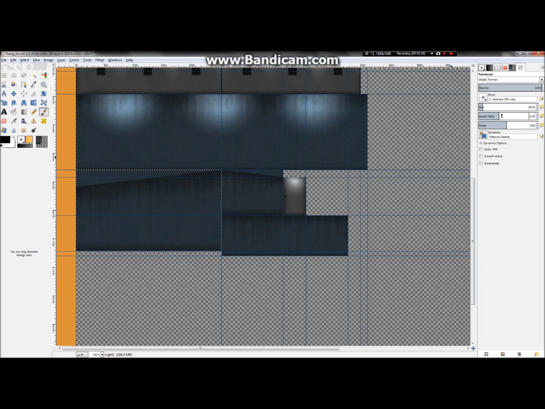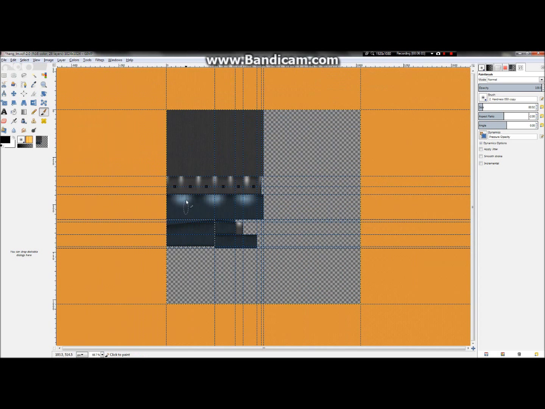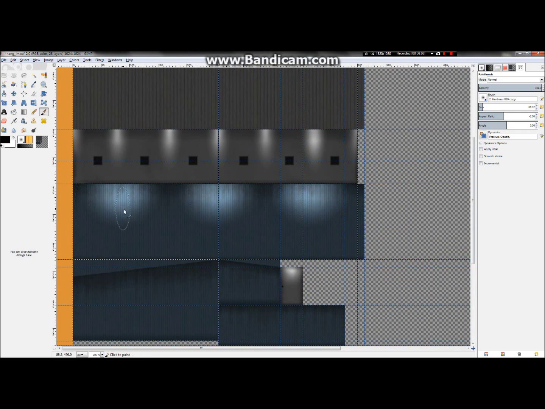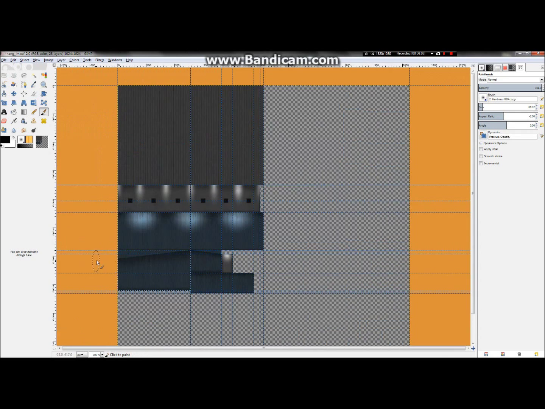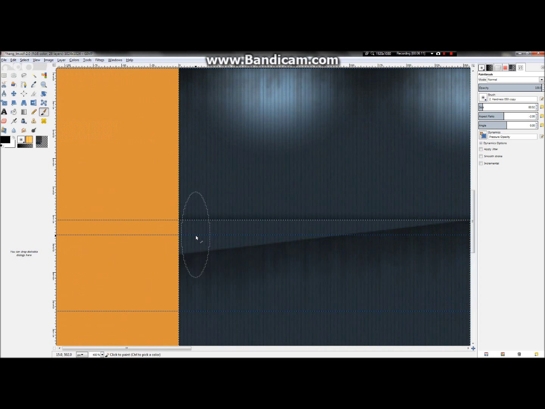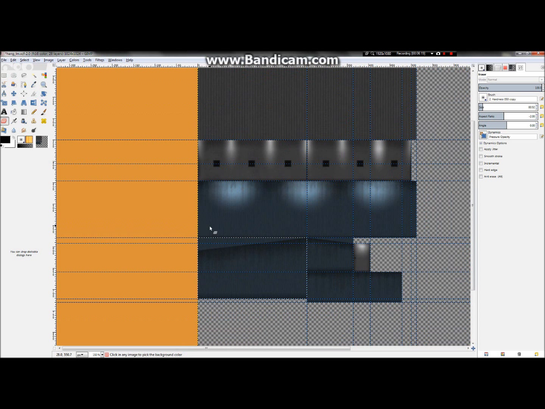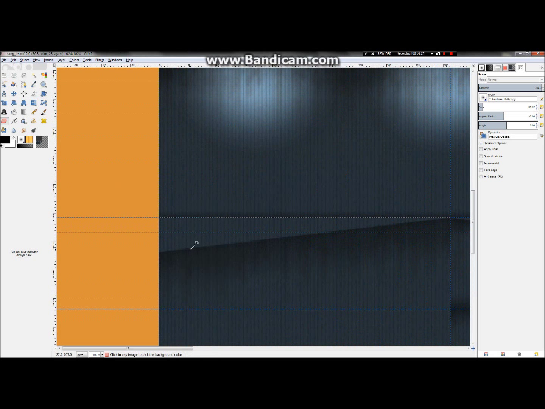I actually like doing the brush like this almost better than the circle, but I'm just going to leave it like that for the walls there. Just going to give you different examples here. Let's see, I'm just going to eyeball it to the edge of the roof line. Actually, I don't have to worry about